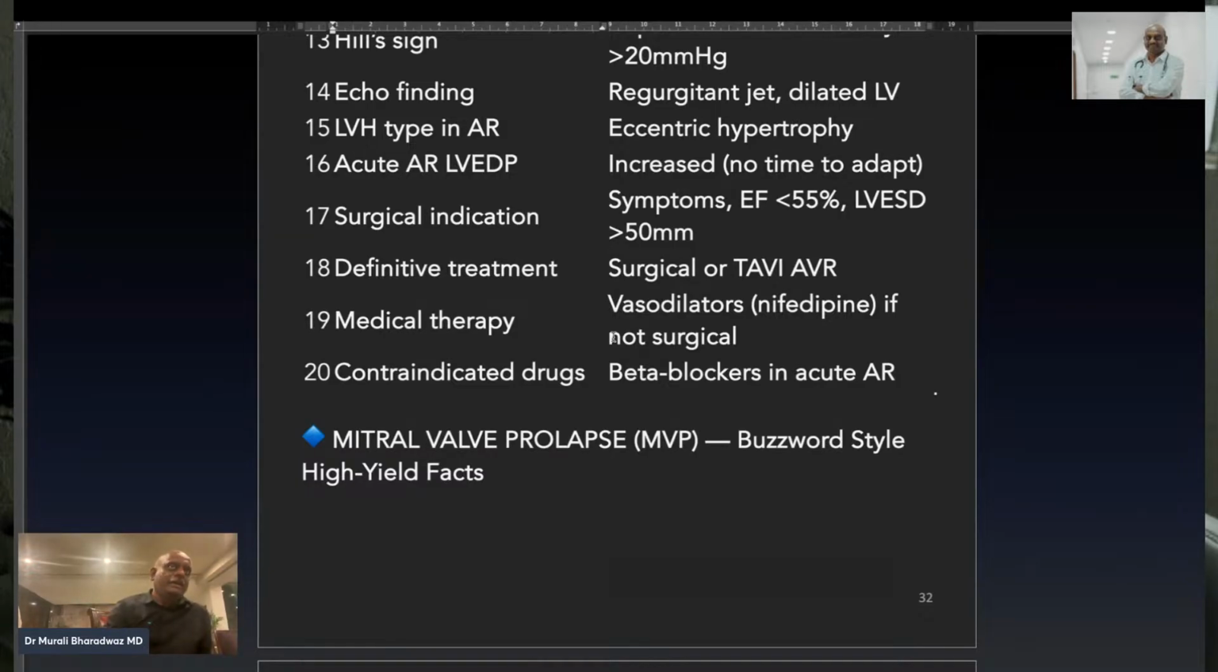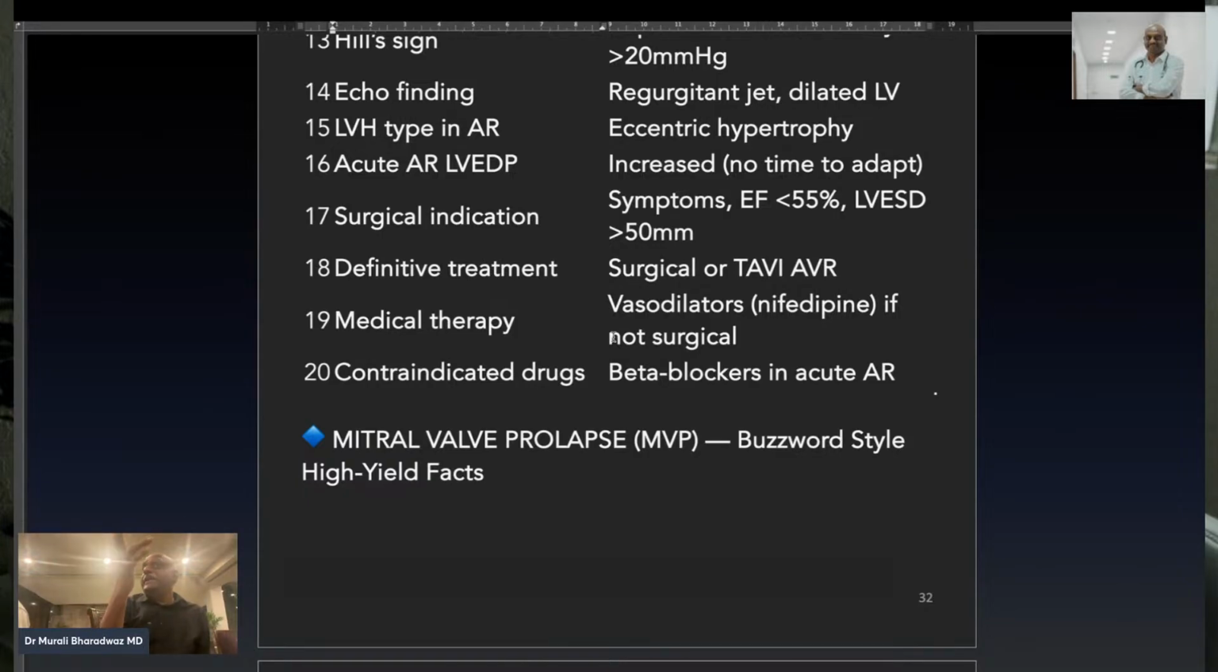Normally it's supposed to reduce, but no, because of the regurgitation it becomes increased. Then surgical indication: if the EF is less than 50%